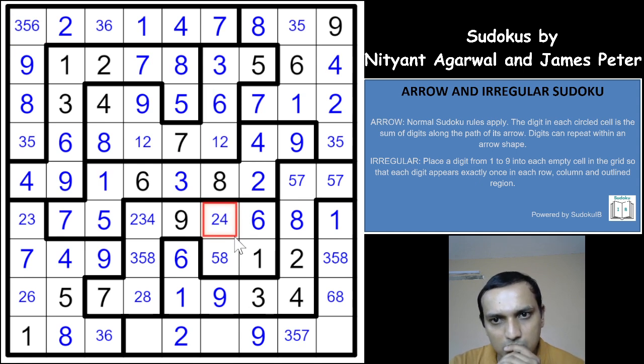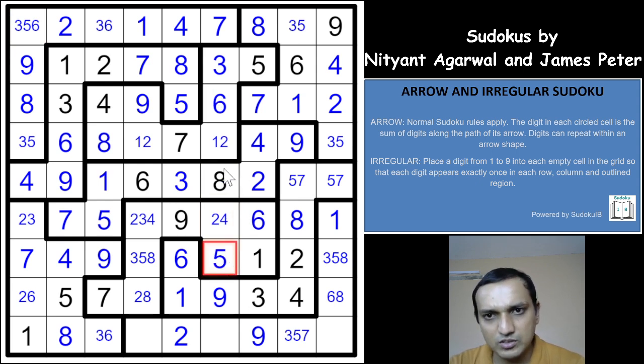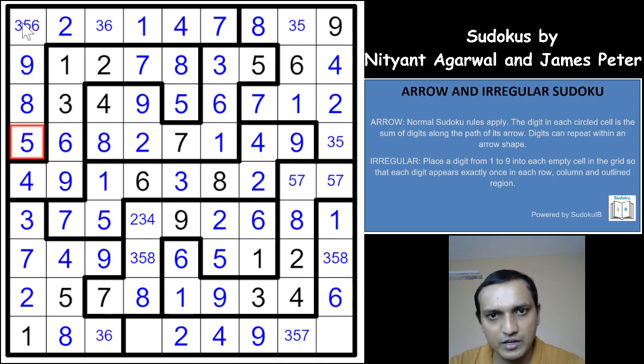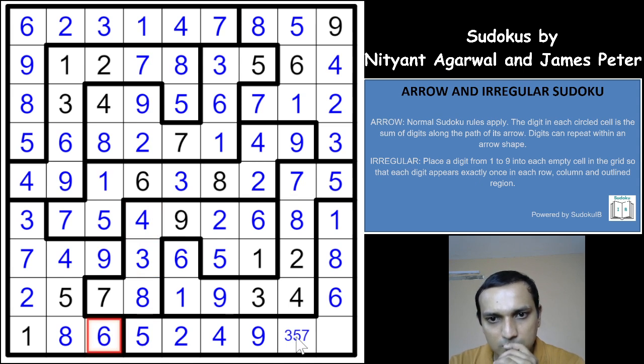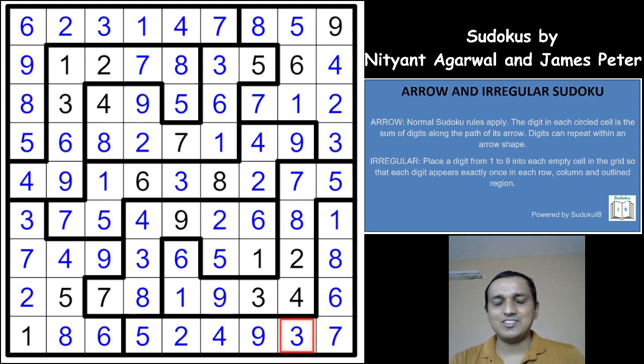Oh, this 8 eliminates 8 from this cell, this is 5, 1 2 and 4, 2 1, this has to be 4, that gives you 2 1 2, 8 6 2 3 5 6 3 5 7 and a 5, that gives you a 3 here, 8 3 4 5 6. 3 and 7, so this is 7 and that is 3, and with that we complete this another excellent Sudoku